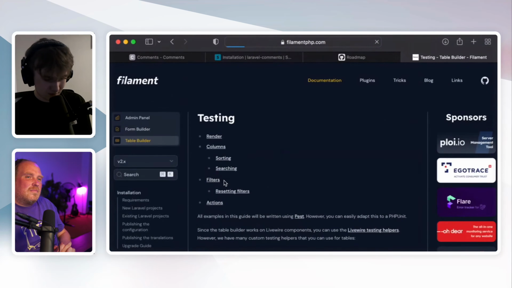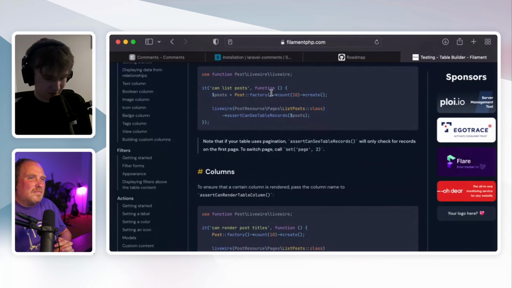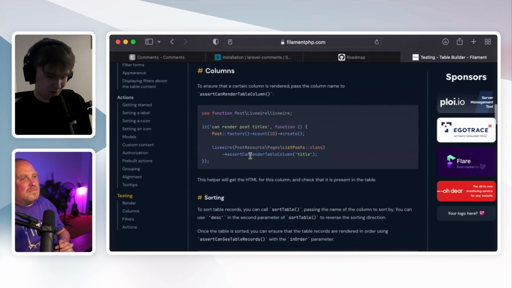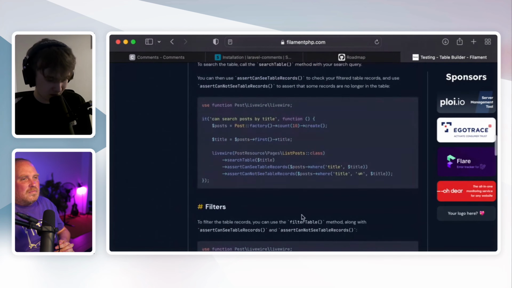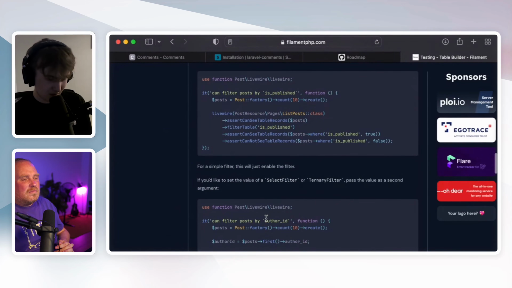This is a new section, so you can test to see if you can see table records on the list page. You can test to see if a certain column's being rendered properly, because this basically passes the HTML and then checks it's in the response. You can sort the table and check that the sort is in order. Search it, add filters, and